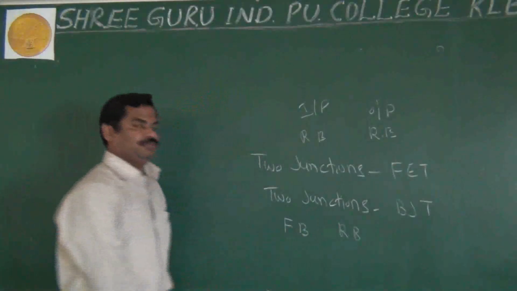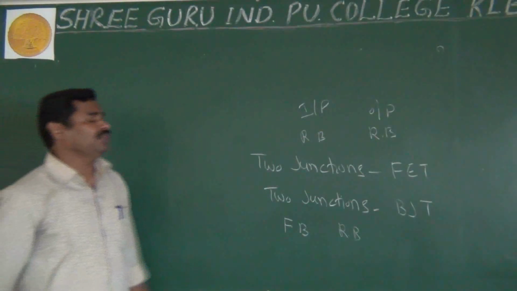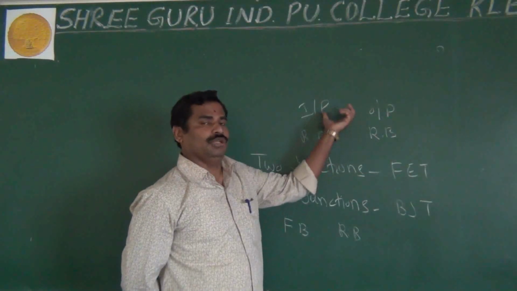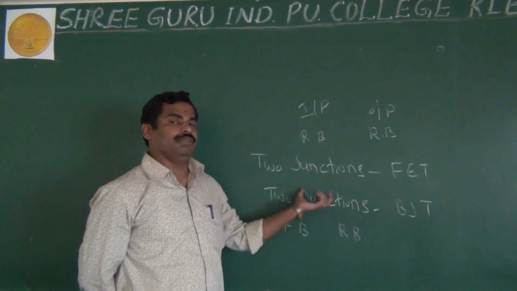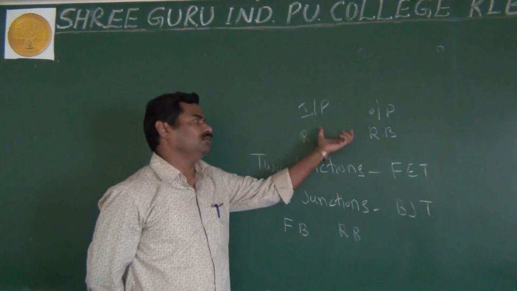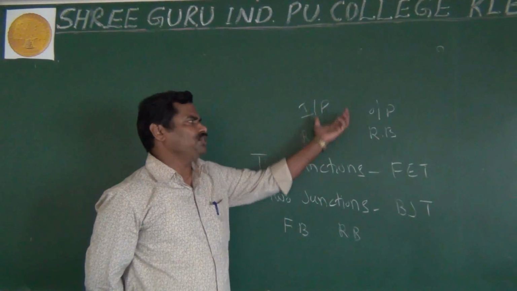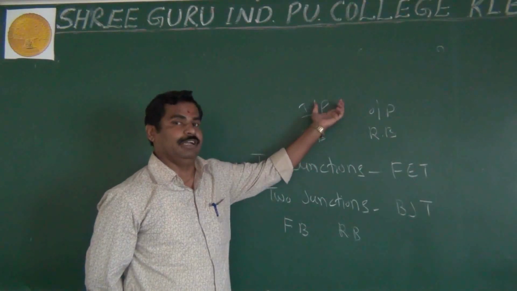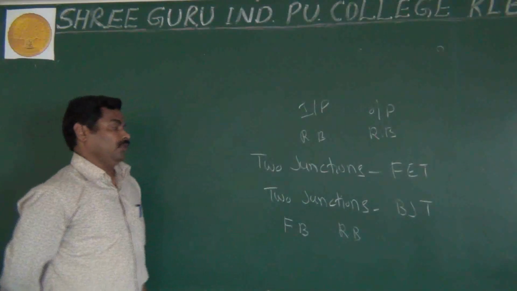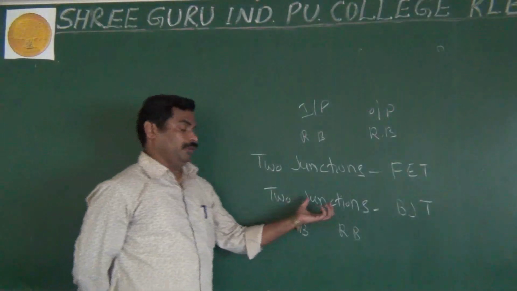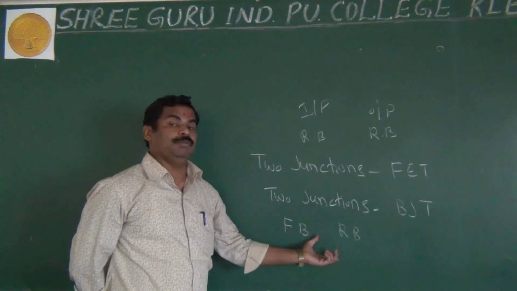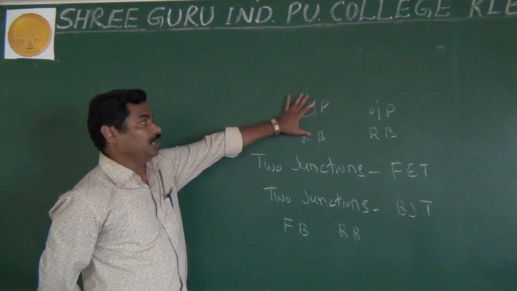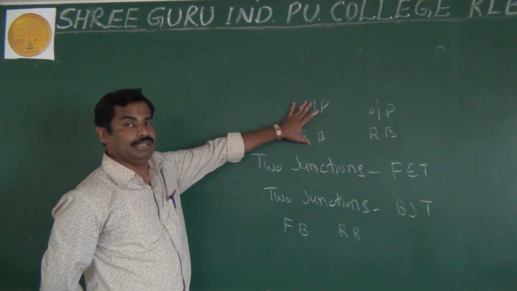You may ask the question, sir, how have you done the reverse bias? Actually, in reverse bias you do not have any current, but still you are using reverse bias. What is the necessity of reverse bias, and why are you giving more importance to reverse bias for your FET? As I said, in BJT the current is because of both majority and minority carriers, but here the current is because of only majority carriers.